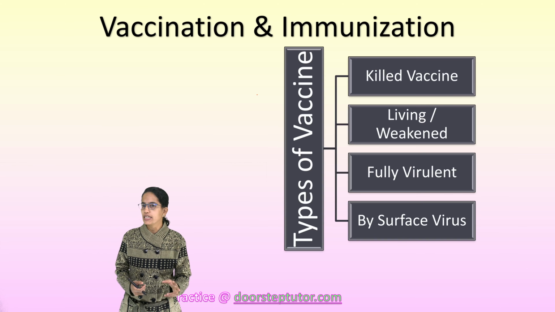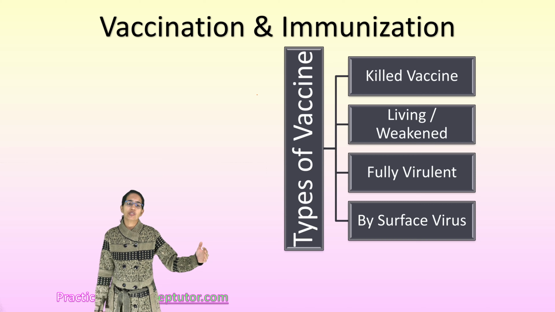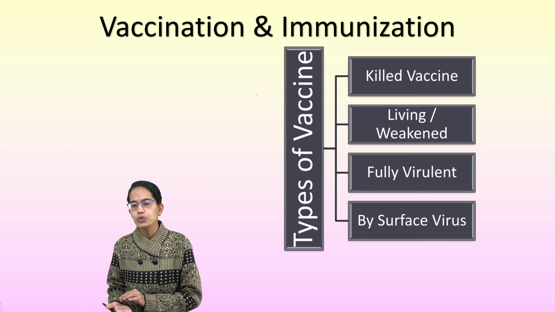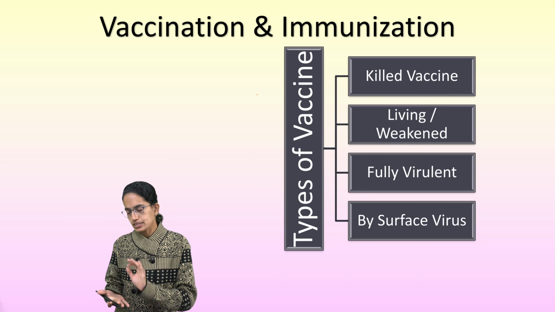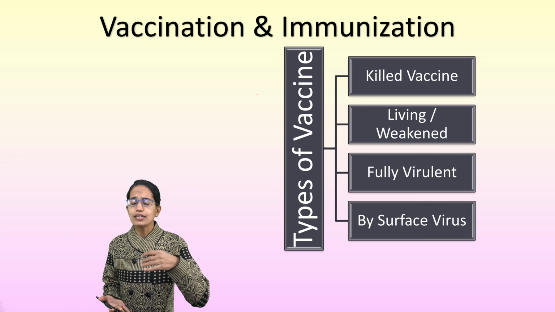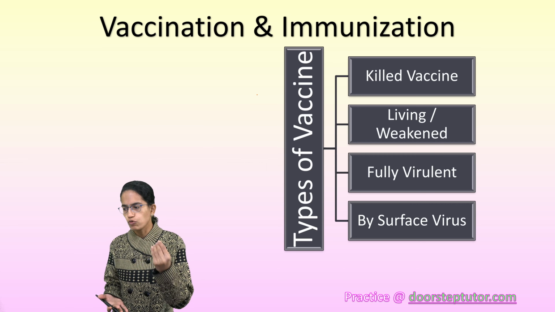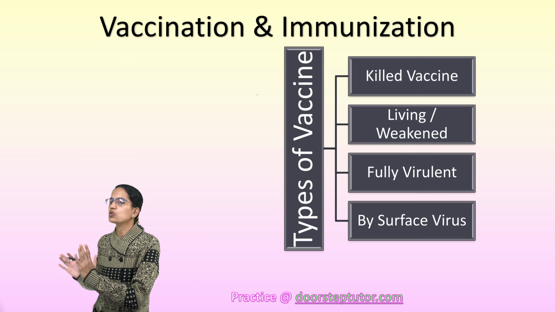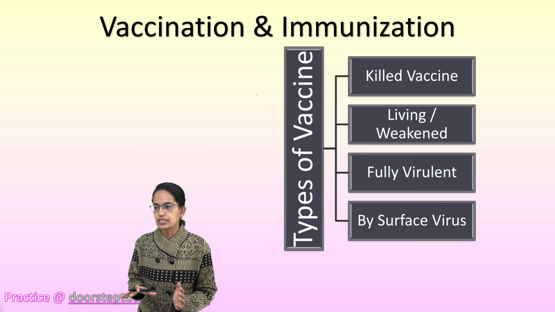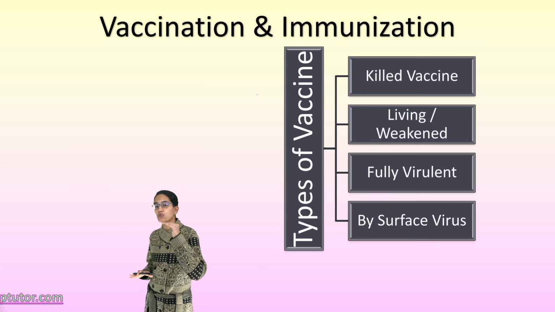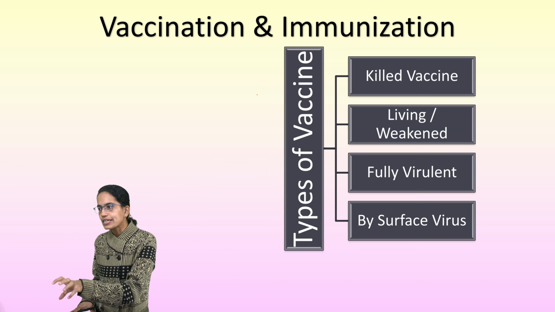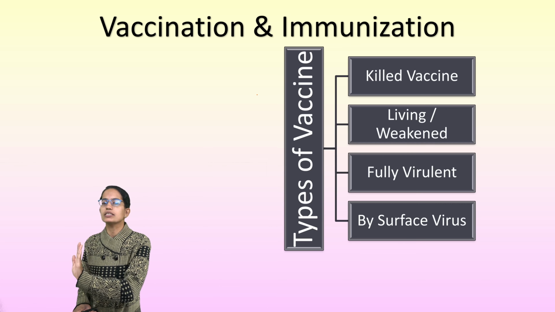Now two important terms under this are vaccination and immunization. Immunization simply is to make a body immune to a certain disease. How can it be made immune? It could be by providing weakened germs or killed germs in one form or the other. The idea is to resist the infection from affecting the individual. What is vaccination? Vaccination is a method through which you introduce the vaccine into the body of an individual, to make a person resistant to the disease.